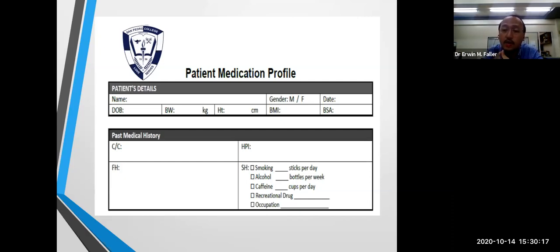So if the patient went to you and says, Ma'am, what can I do for you? I have a headache, I have diabetes. That would be the chief complaint. Another one would be the history of the present illness. If the patient tells you that she has a swelling, that's the chief complaint, you'll be able to dig more about the location and other factors.